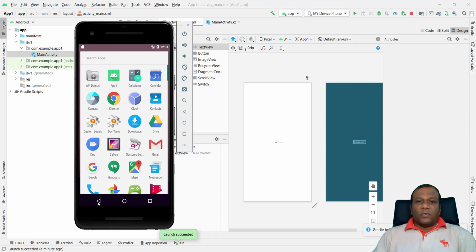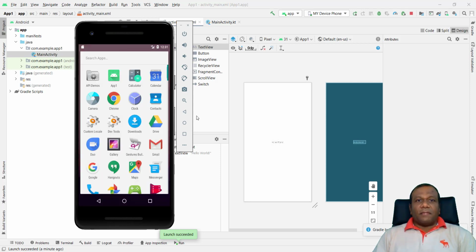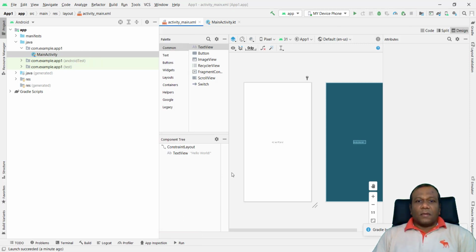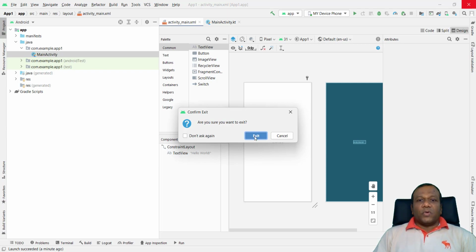So create your virtual device. Why didn't I create any program? We have to configure the virtual device first. So you have to configure your virtual device and make it up like this. After that, you can close or stop this one. If you are going to develop another program, just minimize the virtual device, because every time you open it, it will take time. If you are going to finish everything, you can close this virtual device, and after that, you can close your Android Studio also.